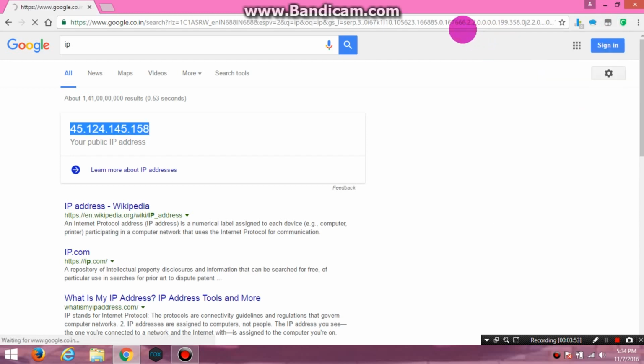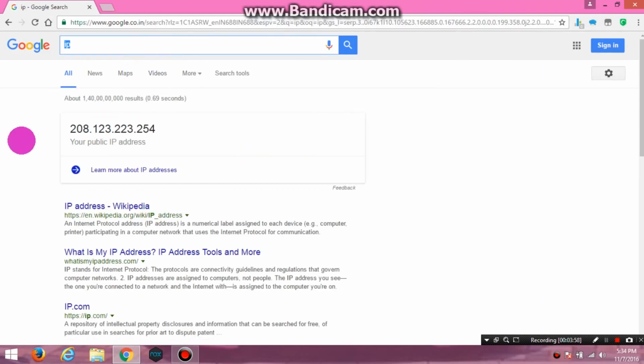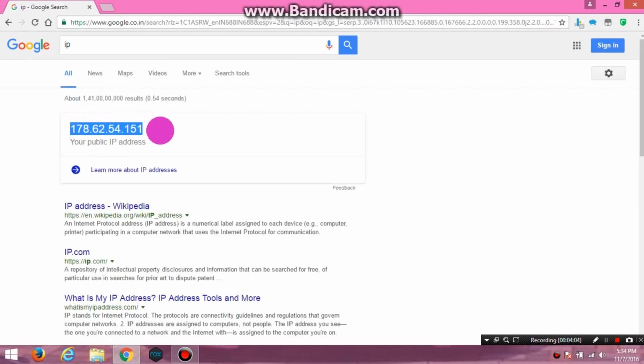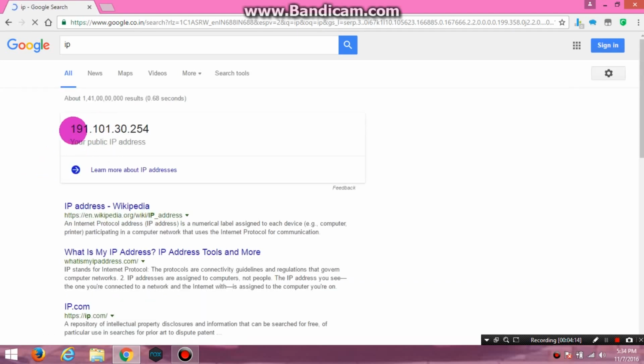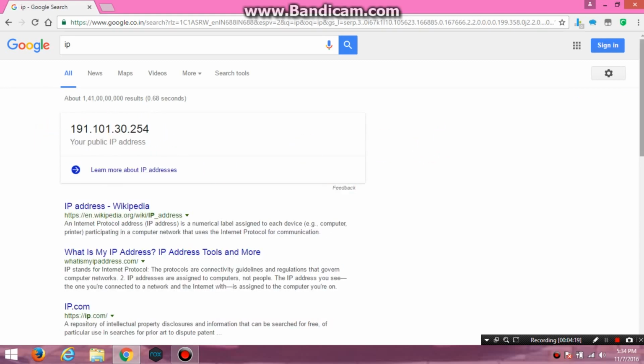Now once again search for IP, and let me refresh this page, and you can see again and again my Wi-Fi public IP keeps changing. Now also let me reload. Yes, you can see that my IP is not stable, it keeps changing, so that it is used to hide the original IP of your PC or laptop or any other device.